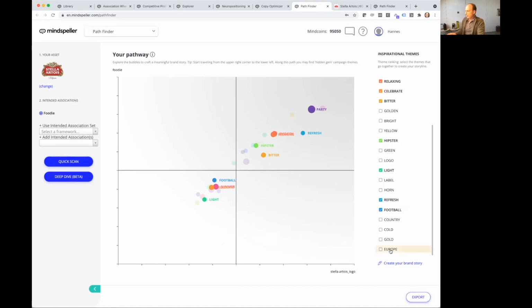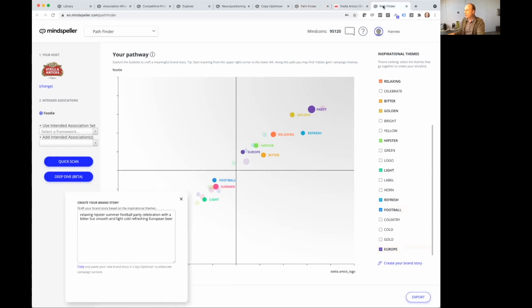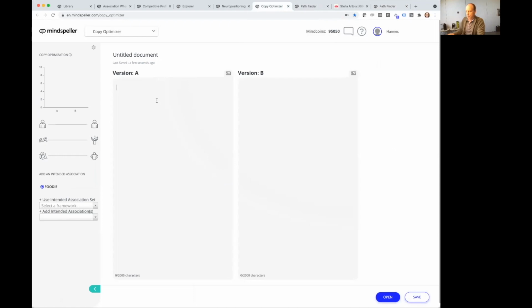Now, just by connecting these dots, and I've prepared this here in another window, if you sequence them in the right way, you immediately come to a baseline narrative for a brand story, like a relaxing hipster summer football party celebration with a bitter but smooth and light, cold, refreshing European beer. Obviously it needs a lot of refinement, but this is a baseline text